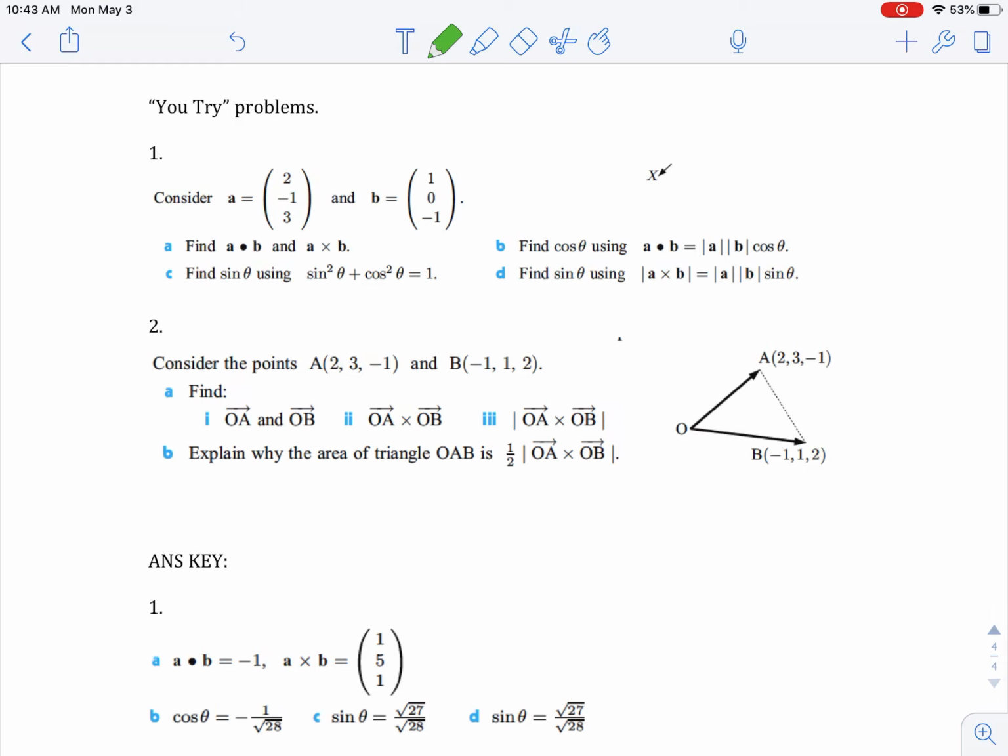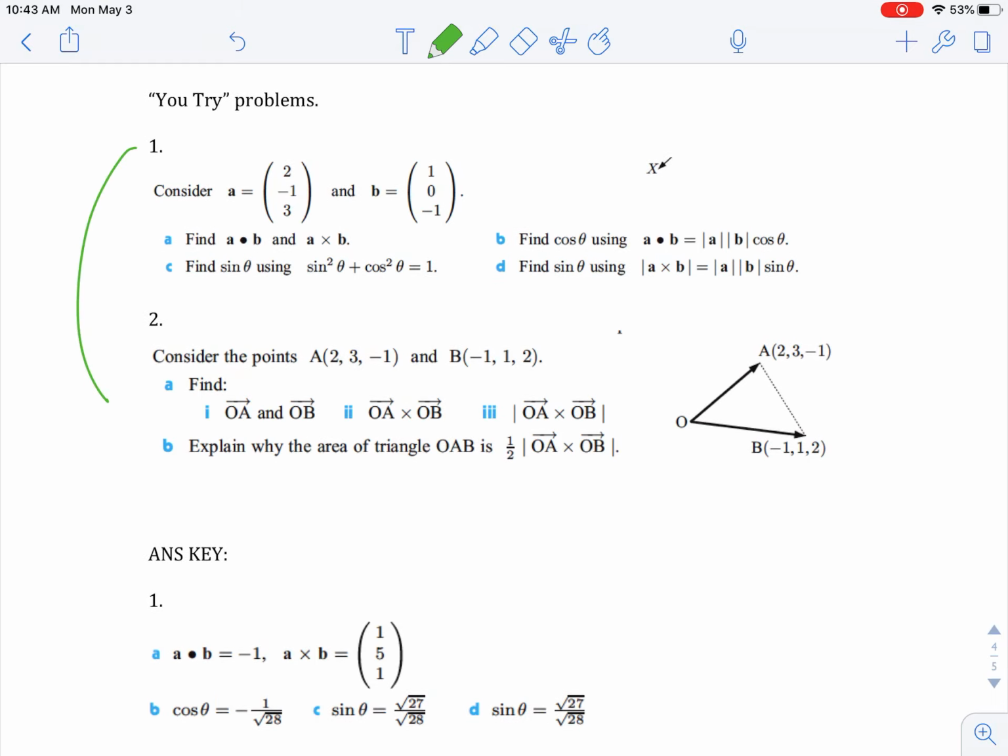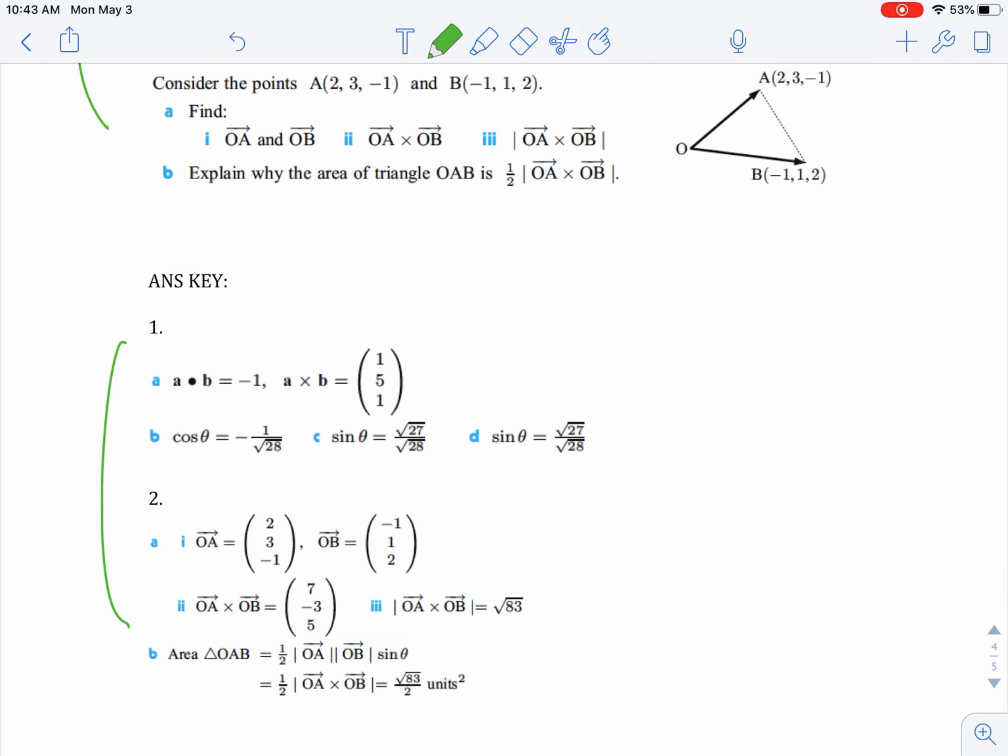So your homework tonight, or what you should do now after you've watched the videos, and you should work on this in class and you can work with each other, is to do these two U-try problems, do them on a separate sheet of paper. I do want them turned in, and then here are